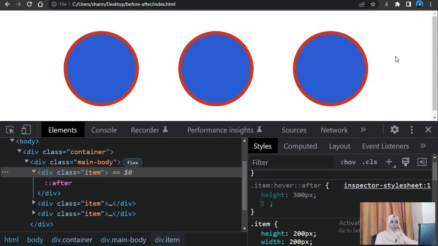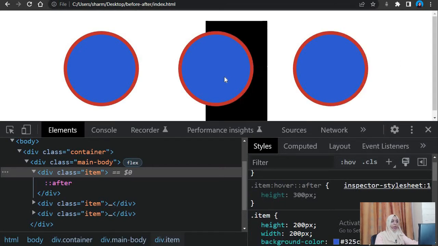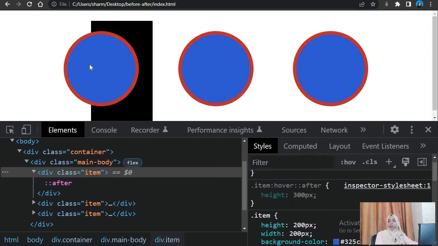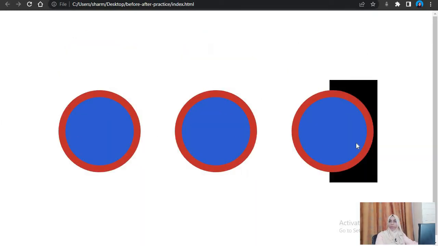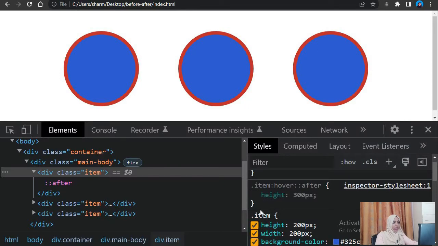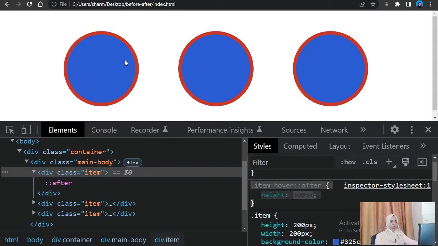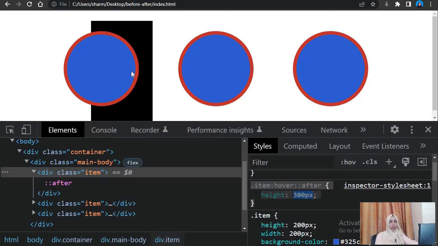Okay, you just write this code, and when you hover, you see you get the element, right? But now you might say that you don't have this effect over here, right? Even though you are playing with the height. So for that, what we will do is, we will add some transition. Okay, so first let's add this code, so we get this effect working over here, right?